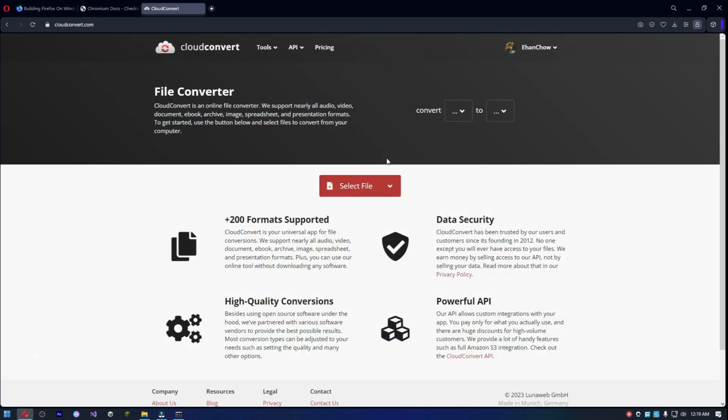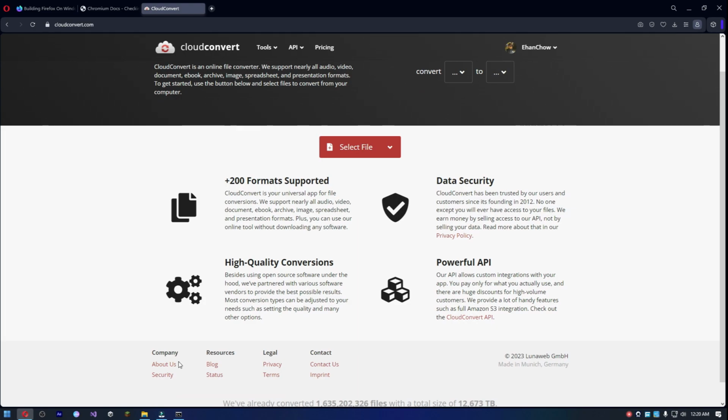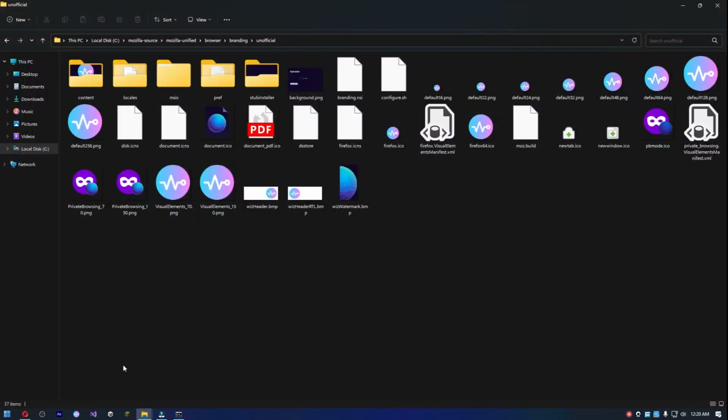I don't know what happened. Now you see, CloudConvert is cloud-based. Literally, it's in the name. It's quite high quality. No promotions. All you need for all of these images is the version of your